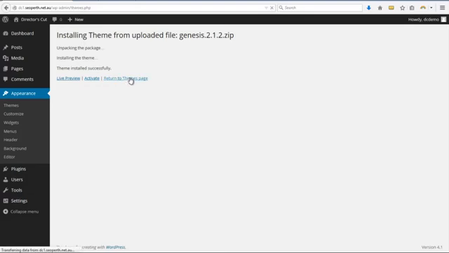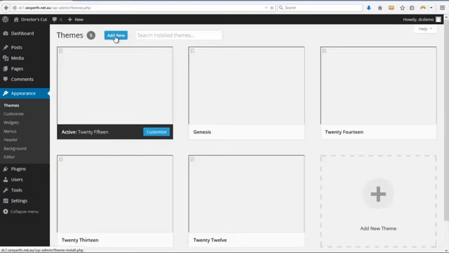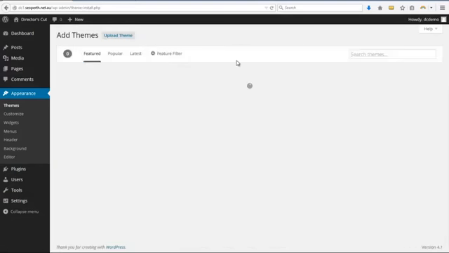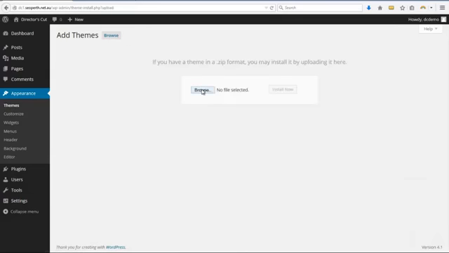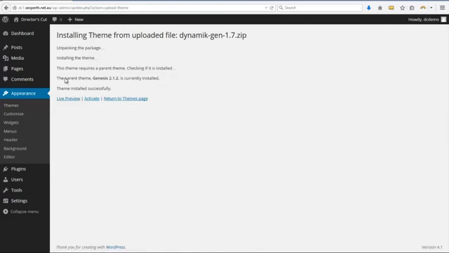So we hit return to theme page, and then we go through that same process again. Add new, upload, browse, and we get Dynamic. Current version is 1.7.1. We're going to have to update. That's fine. Alright, so it says the parent theme Genesis 2.1.2 is currently installed. Now we hit activate,